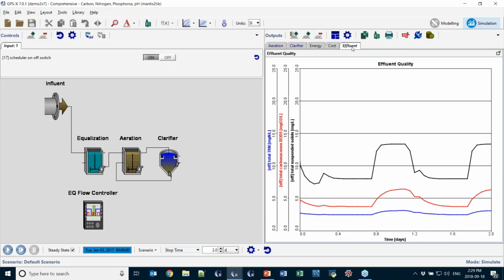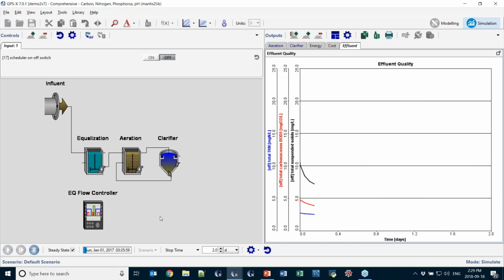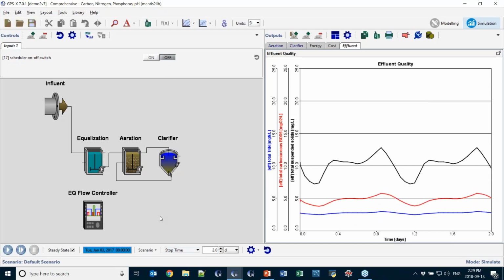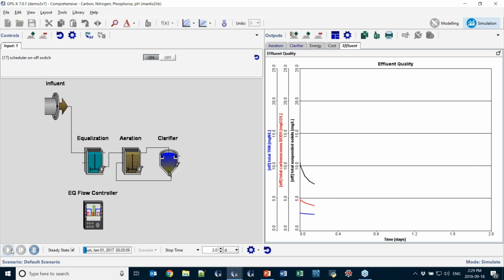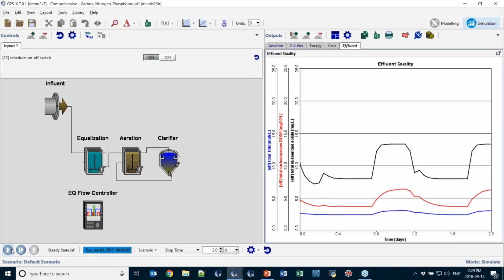So let's take a look at the effluent. Now, I'm going to turn this off and rerun it again. So let me run this again. This is our normal situation, and we have some solid concentrations going up and down during the day. And we can see that was basically what we saw the first time around. Now, if I turn on that control so that we're holding back that flow, especially during this time right here, you can see that when we do ramp up that flow and push all that held back flow through the plant